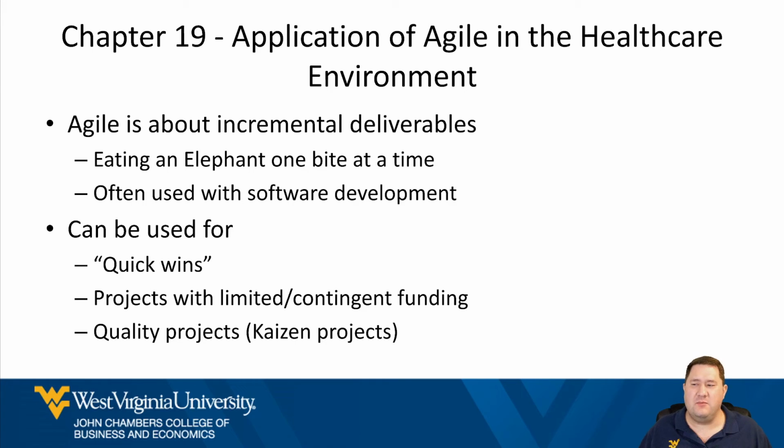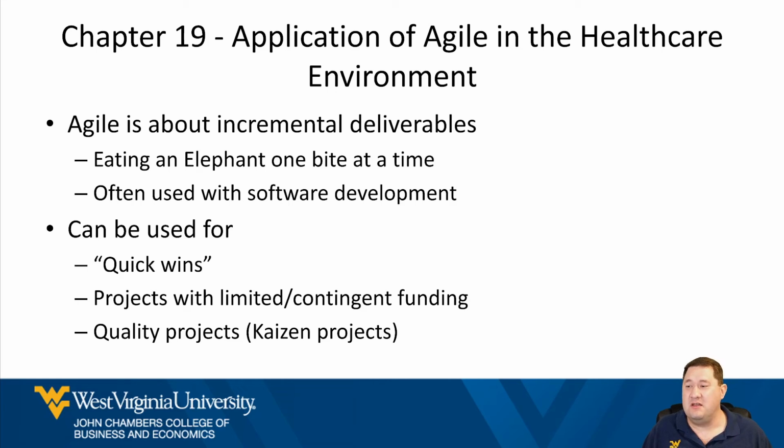So Agile can be used for the quick wins, if you need to do a small project that can get done really fast. For example, replacing furniture. Well, you can choose the furniture, you can buy the furniture, and you can put the furniture in relatively quickly. It might not even be a project, honestly, but it could be, depending on what kind